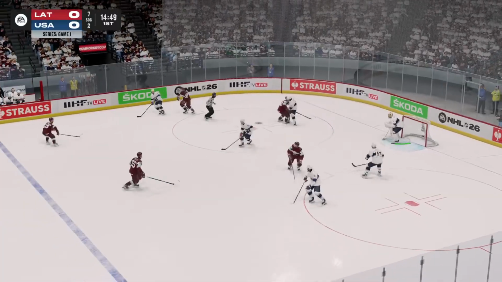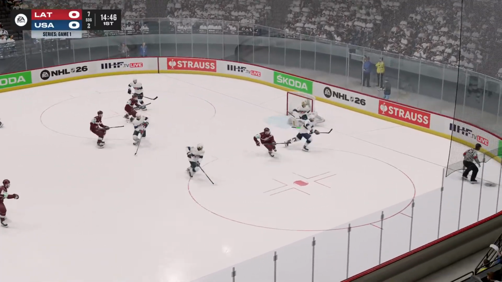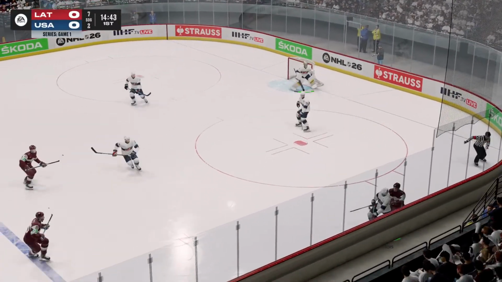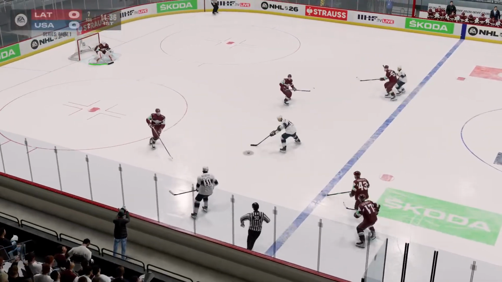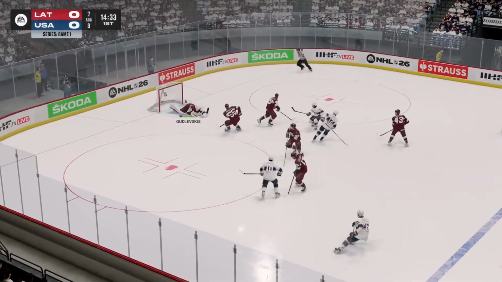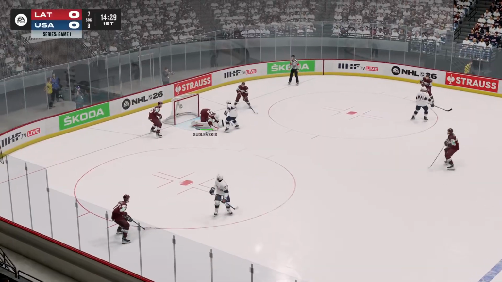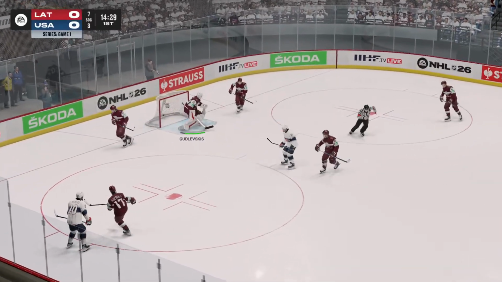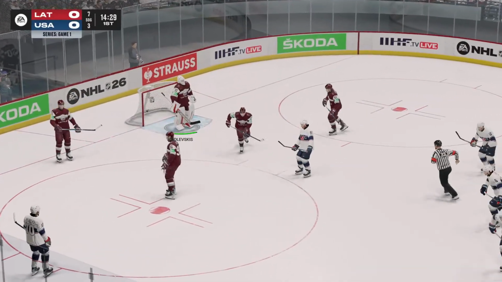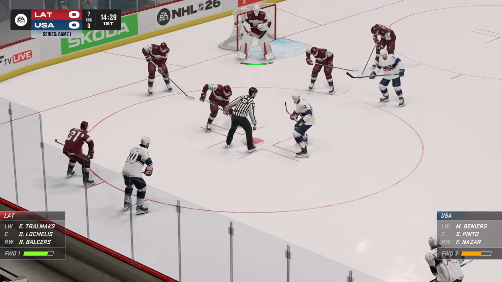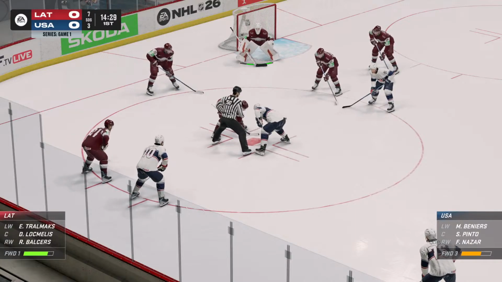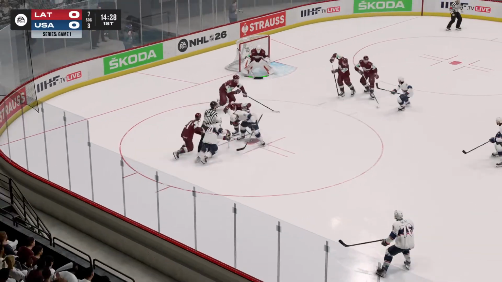Face off in the American end. Controlled by the Americans for a moment. Turnover and a pass. Goes right through the crease. Matty Beniers gets there here for Team USA, and here he comes up the near side. Centering to Pinto, who snares Gudlepskis. Pinto let it fly. Good stop by Gudlepskis. And we get a face-off here in the Latvia end. 14:29 to go. Opening period still scoreless here in the quarterfinal.